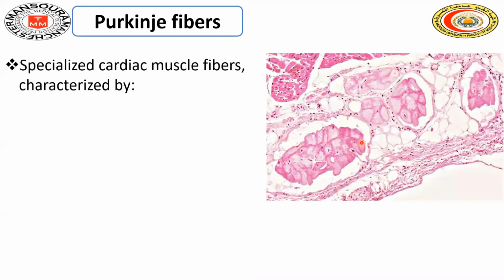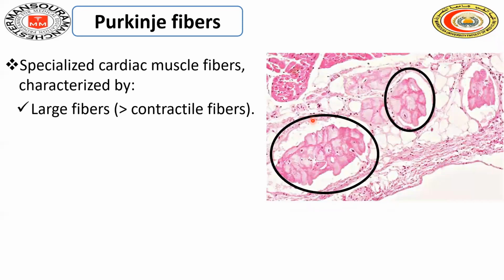What are the characteristics of these fibers? I mentioned that they are modified cardiac. What are the modifications that occur in the Purkinje fibers, differentiating them from other cardiac muscle fibers? Actually, these Purkinje fibers are specialized cardiac muscle fibers characterized by: